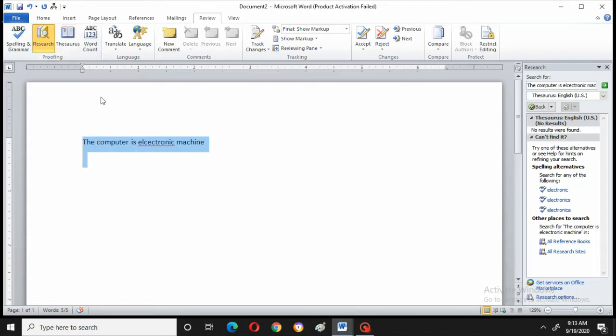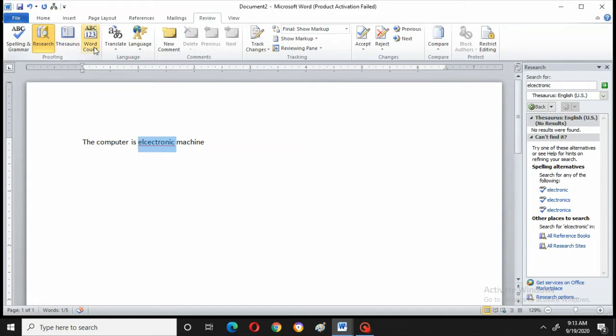Now what I will do is, I will take this word electronic and I will show you the thesaurus. See, can you see here? Thesaurus in English, electronic, it's concerned with electricity, like that. Okay, so it is showing different wordings here. Say electronic, electronics, electronica. Okay, so different synonyms it will show.